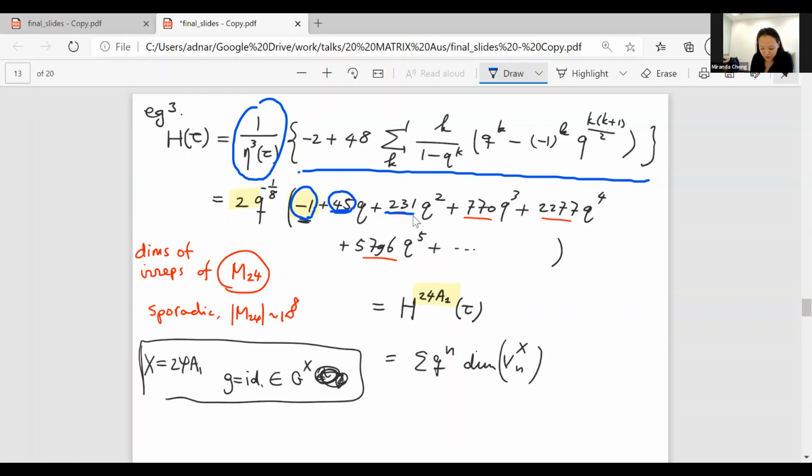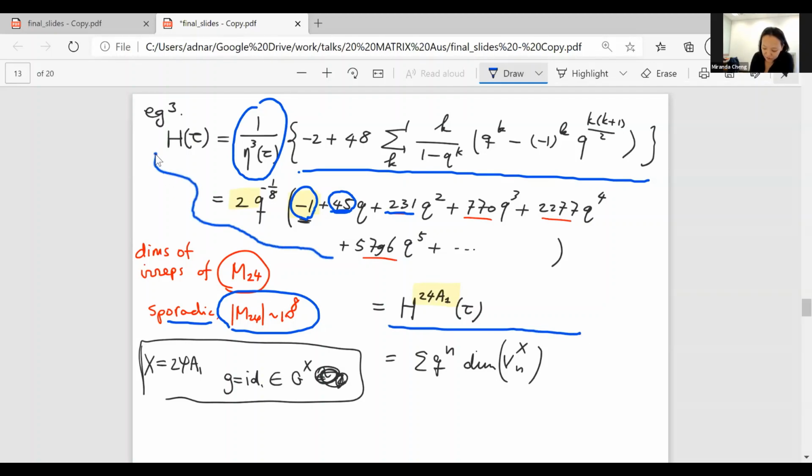So this is yet another one of the 26 sporadic groups, and the size, the number of elements, is not as astronomical, but it's also pretty huge. It's about 10 to the 8. So that is our